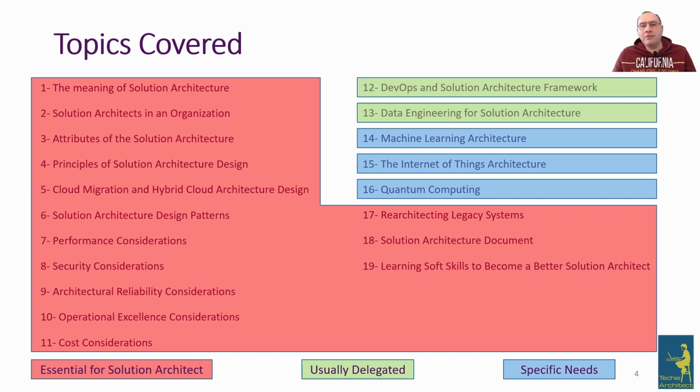Chapter 15 is talking about the Internet of Things, which is very, very important nowadays. But again, it depends on whether you are dealing with this in your solution or not. It talks about various devices, their operating systems, and the protocols they use to communicate with the back end. And chapter 16 is talking about quantum computing, at a very high level,